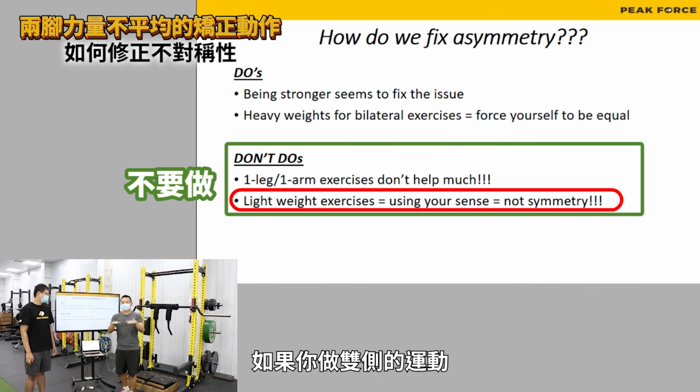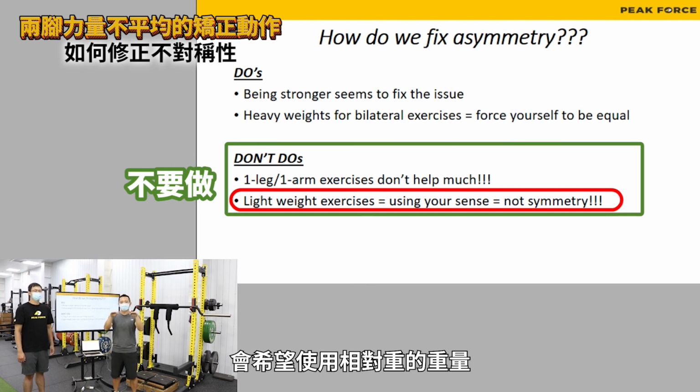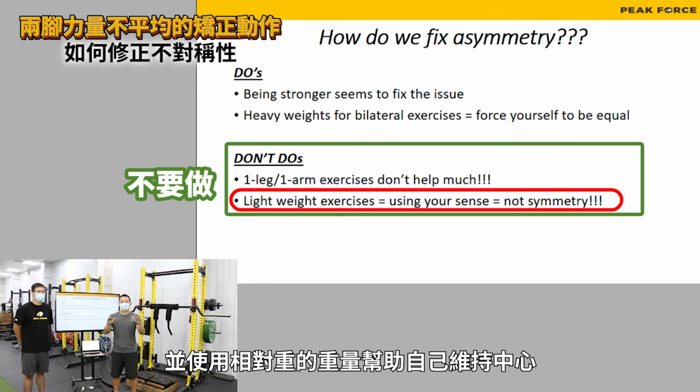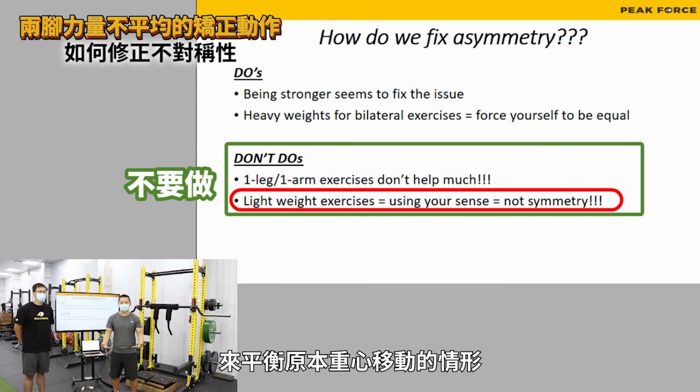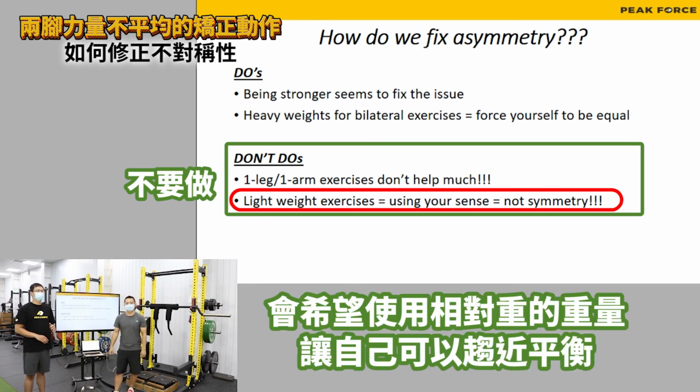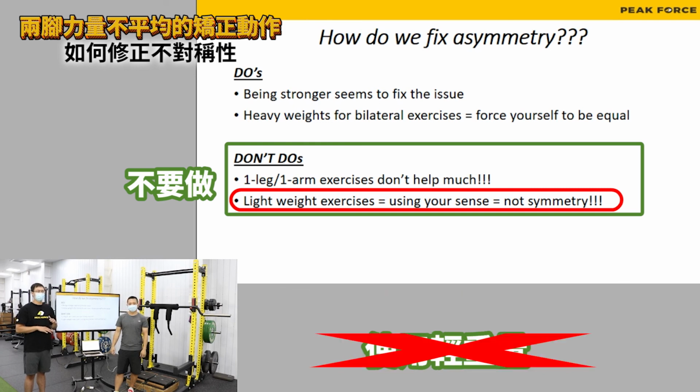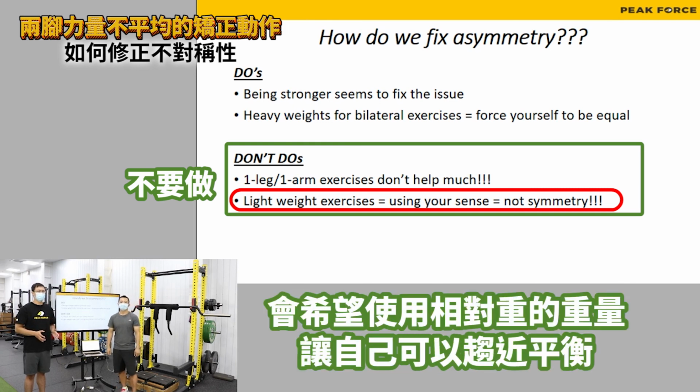And that leads to the previous discussion about using a light weight. If you're doing a bilateral exercise, you want to use a fairly heavy weight to equalize yourself. So you have to do bilateral exercise and use fairly heavy weights to keep yourself in the center and equalize the weight shifting. 好，那这时候呢，我们会谈到第二部分，谈到这个使用的负荷的部分。那如果说你用比较重的负荷的话，你在做双侧动作出力的时候，它才会将你的身体的重心维持在中间，而不会去左右乱跑这样子。